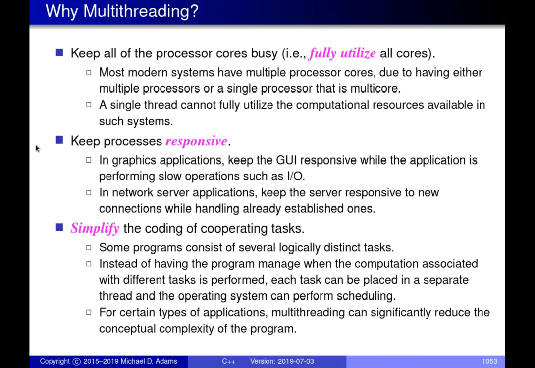Probably the most important one is the first one that's given here, which is that most systems these days use multi-core processors. So if you choose to write your application as just a single-threaded application, you can't really fully utilize the computational power that's available to you, because if you have a single thread and you say you have a 4-core processor and your application is written as a single thread, then that thread will run on one of the cores, but then 3 of the other cores are sitting idle.